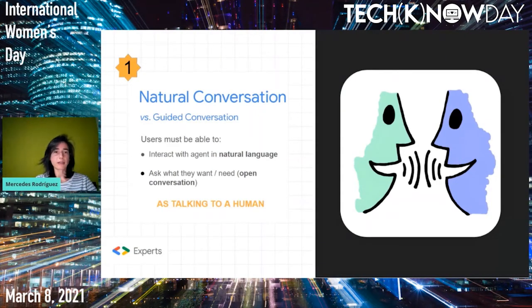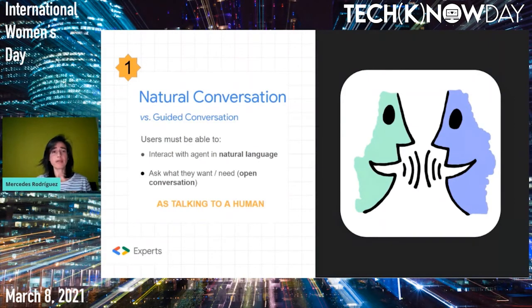But that is frustrating for users many times, because the user does know what he or she needs, but sometimes what they need is not very clear in the options that the agent gives them. So they just have to be trying the different options. And if that is by phone, it's worse because usually you cannot go back in the menus and you just have to end the conversation and call again.